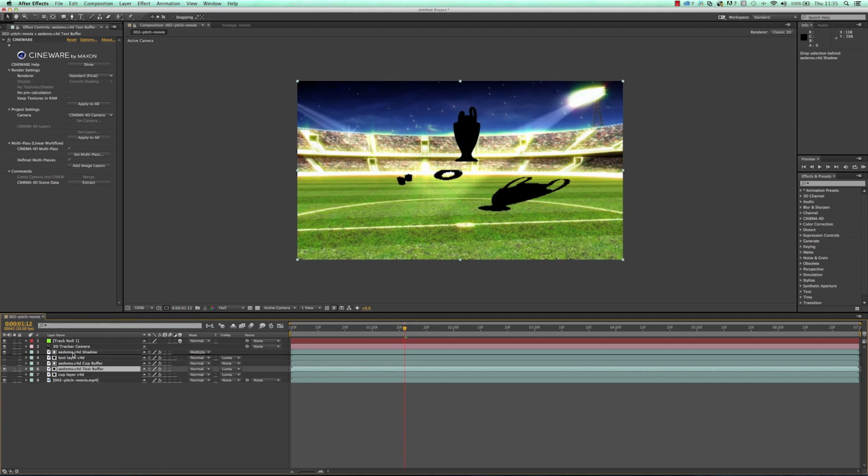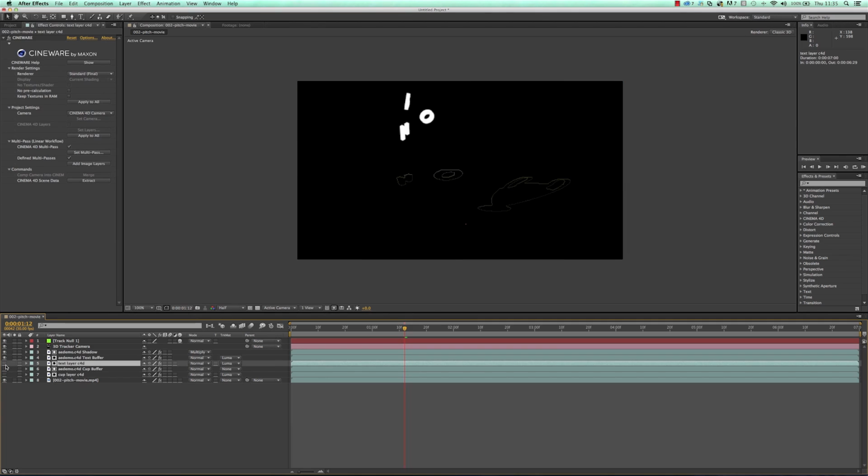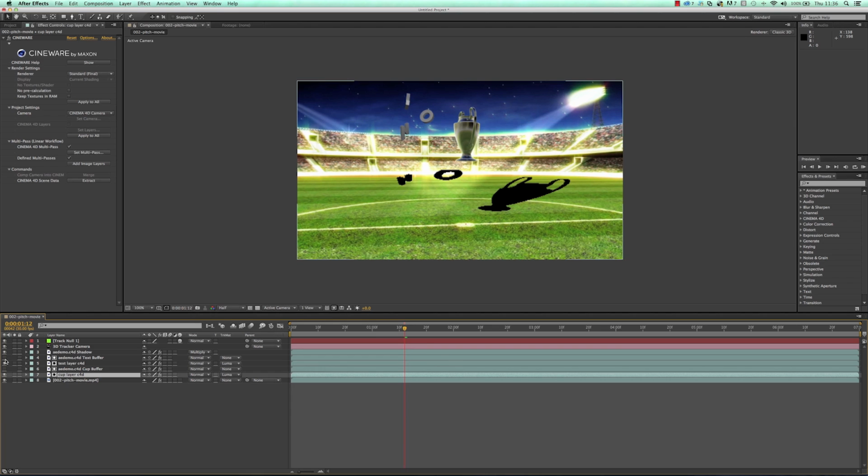And then what I'm going to do is grab the text buffer and chuck it on top of that one. I've got a Luma there, so that should sort that one. This one I need to turn on the cut layer, and I need to turn that one off. Let's just check we've got everything right. What I've basically done there is I've got the cup layer, Luma matte, then I've got the cup buffer with no Luma matte, and that's hidden, and then I have the text layer with the Luma matte and the text buffer layer on top, and then the shadow layer on top of that, and then I've got everything all on separate layers that I can play with later.